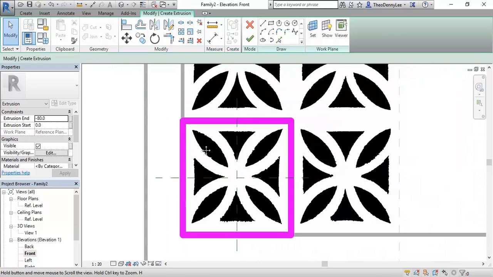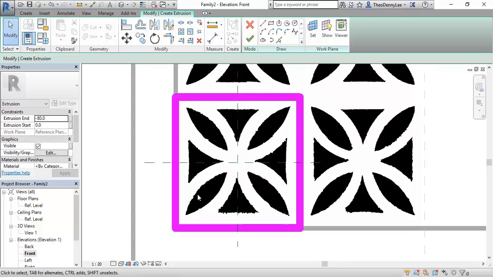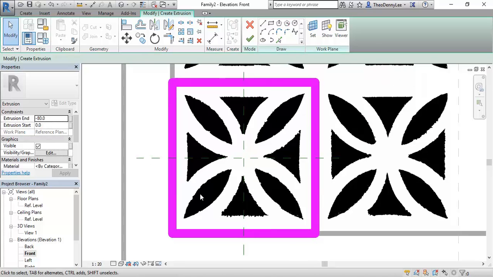So, do you want to be brave and guess how many lines I need to draw here before I can get the rest? Pretty close. 3. There's 3. You'd have to draw 3, but yeah, pretty close. So you've got this one, and then the top, and that's it. So I'm going to draw the line at the top there,